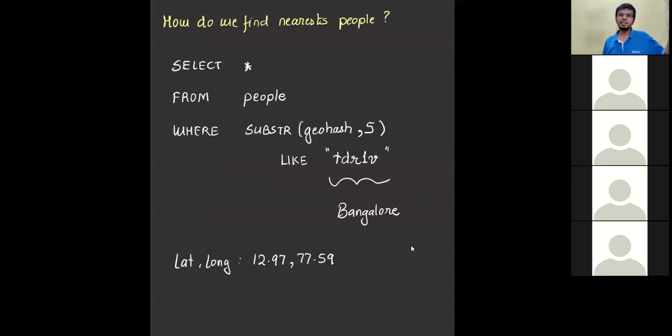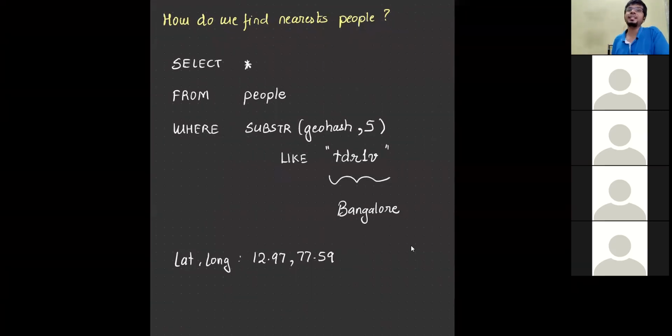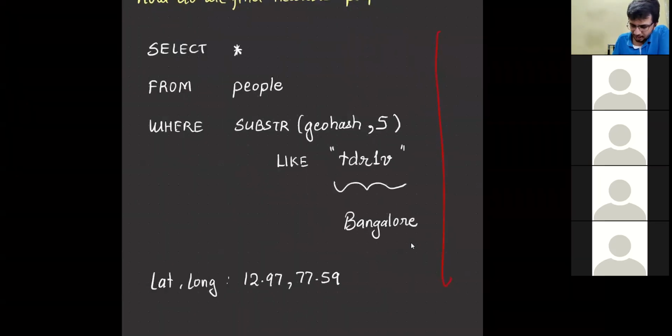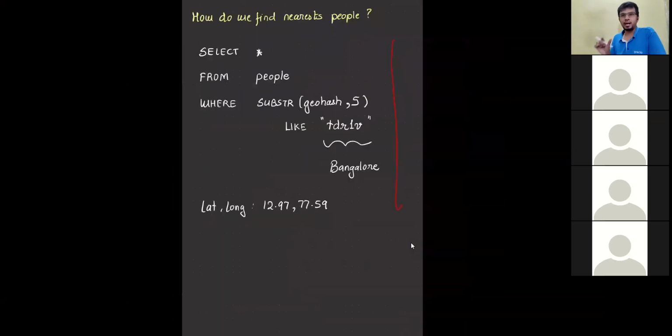Okay. Now, obviously, the theory is all okay. How do we implement this? Why is geohash such a beautiful thing? Because it's very easy to implement, obviously at a low scale when we don't have enough users on the system. You can even work out geo queries on a normal SQL database by writing a query like this. If you are building Tinder, let's say TDR1V is the actual geohash of Bangalore. If you go to a geohash website and type TDR1V, it would point to the entire Bangalore. So TDR1V is Bangalore.